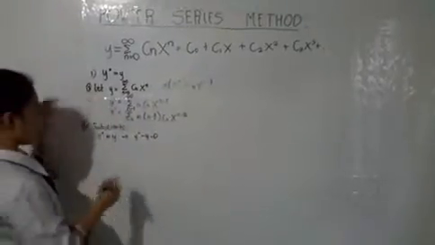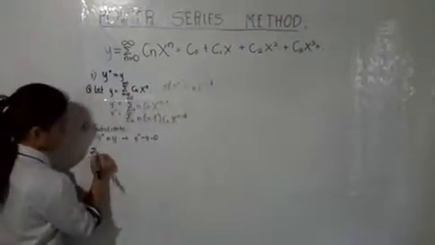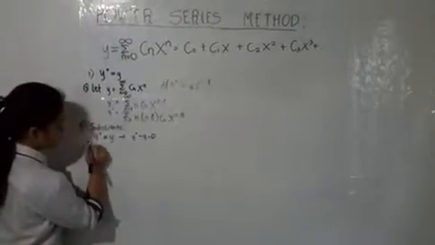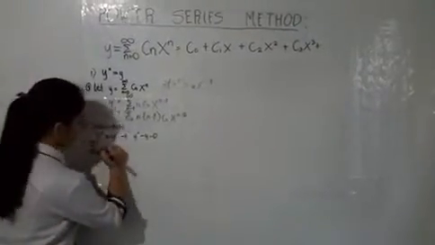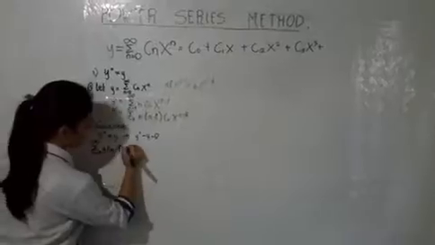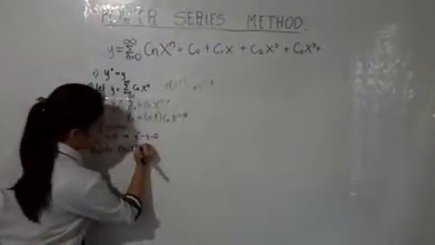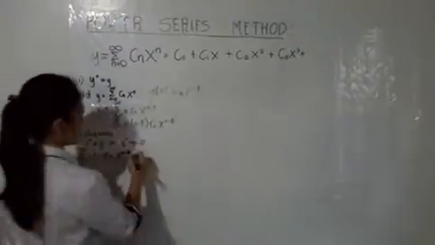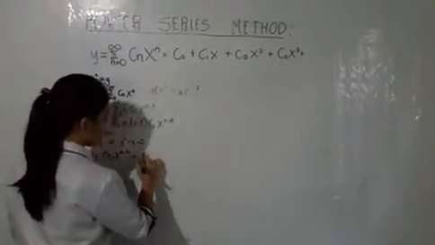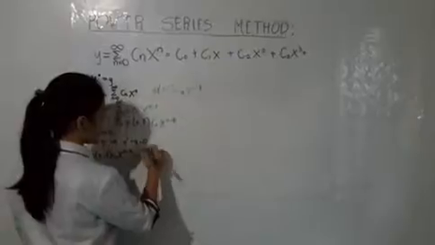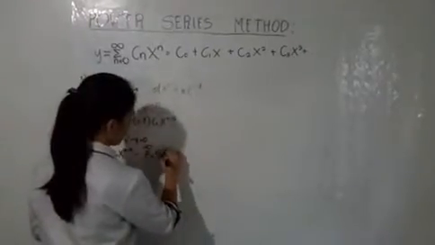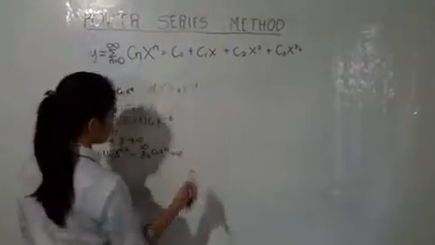Now we substitute here. We have the summation of n equals 2 to infinity of n times (n minus 1) c_n x raised to n minus 2, minus the summation of n equals 0 to infinity of c sub n x raised to n, is equal to